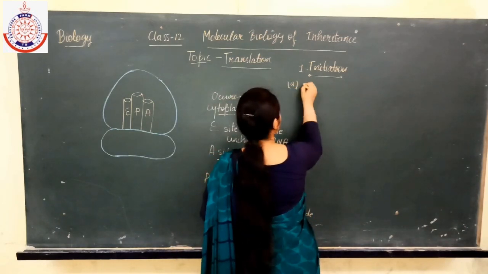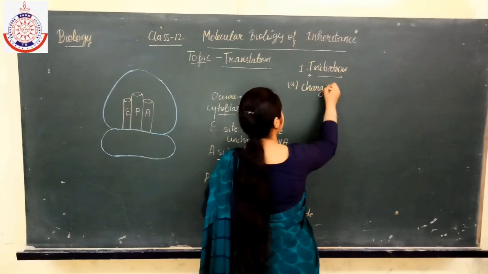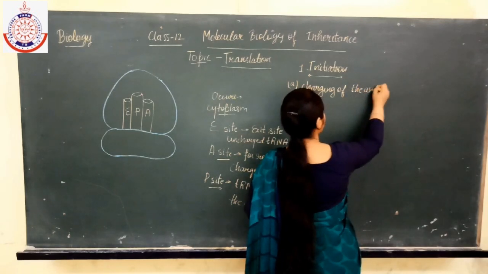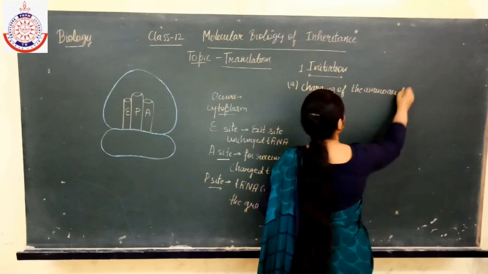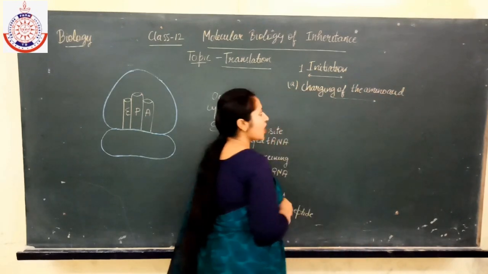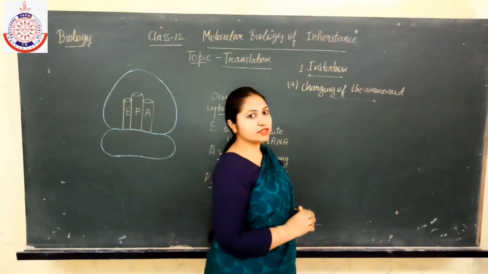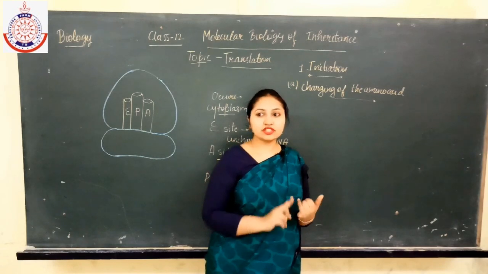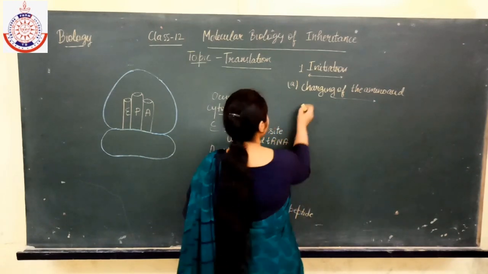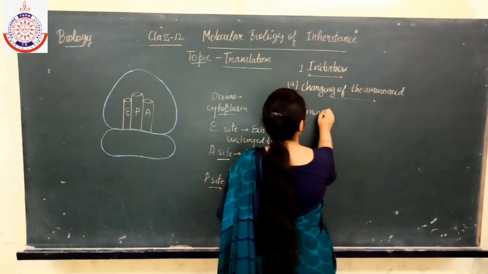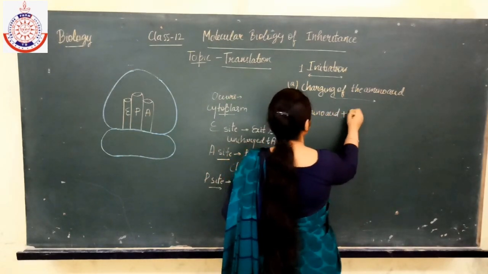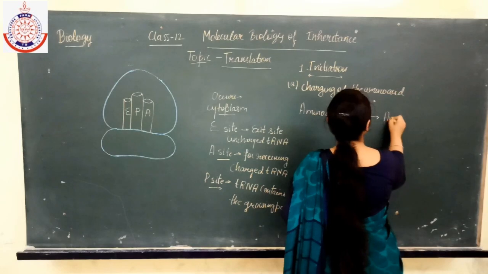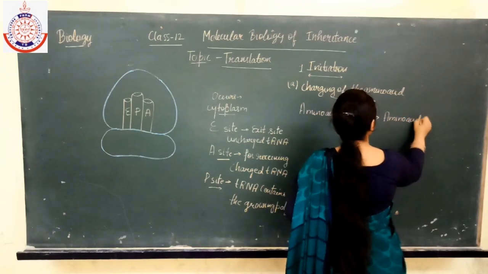But there are also some further steps. First is the charging of the amino acid. Now how does the charging of the amino acid occur? Because the tRNA will receive only the charged amino acid. Okay, so first of all the amino acid will combine with the ATP molecule, and it will form